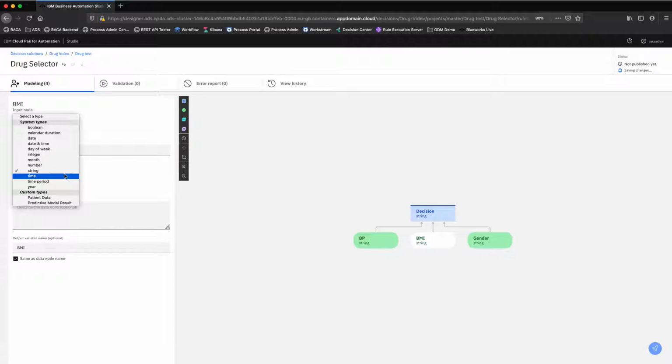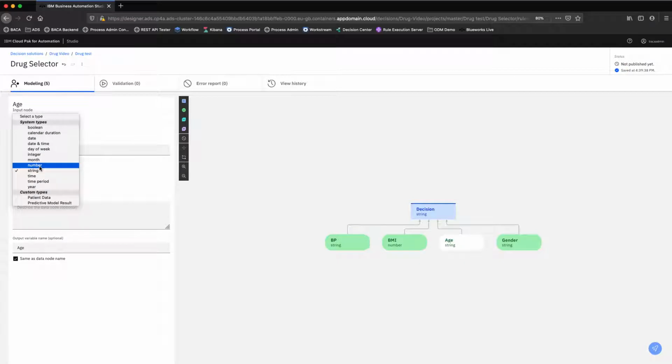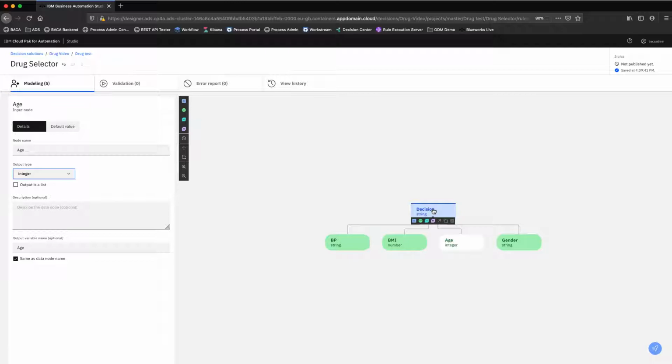And this is a number. And finally we have age, which is an integer. Okay, so these are the input parameters for our decision service, and these parameters are going to flow into this